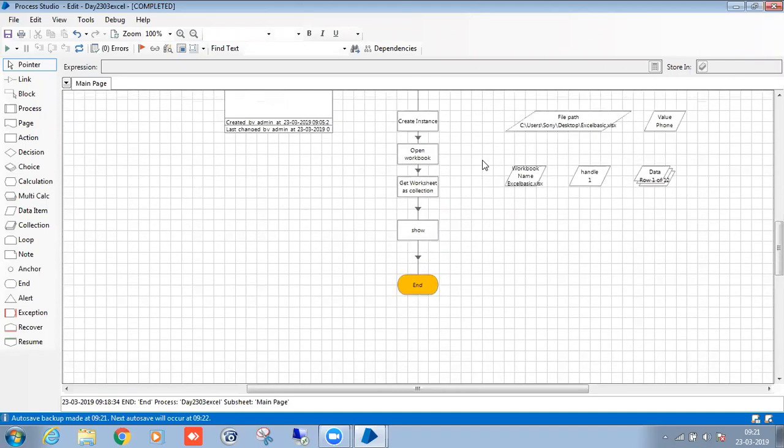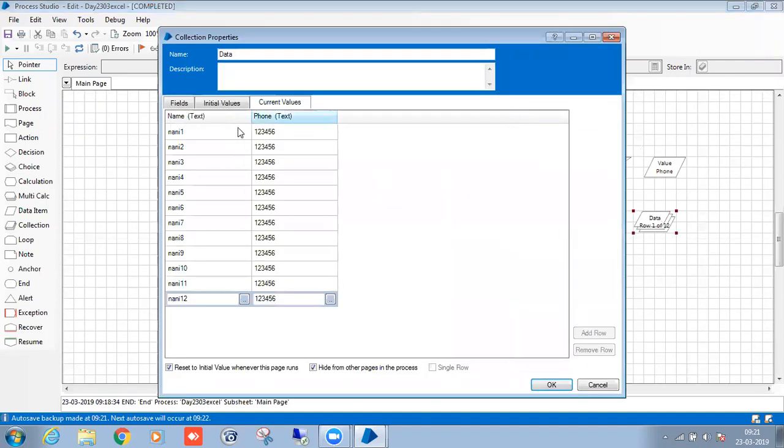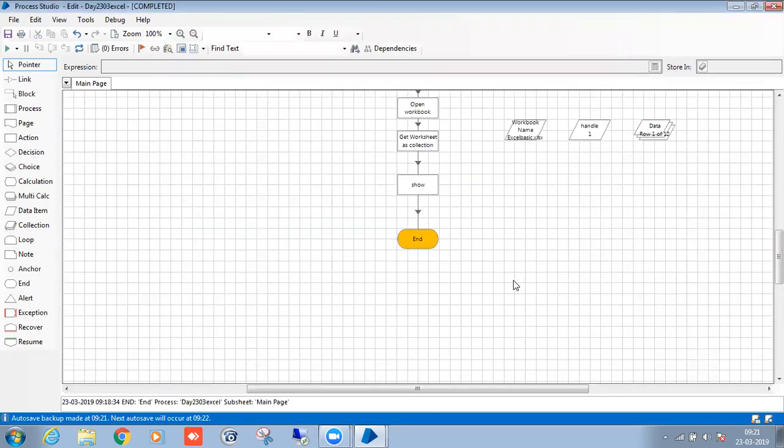Okay. So now our use case is that I need to add Mr. before my name, and I need to add the 0 to every phone number. So those two things I need to perform. So click on OK. Whenever you are working with an Excel file, for a set of data where you want to perform the same operation, you have to take the loop. For the loop, no need to write any code, just call the stage. That's it. Everything will loop accordingly, however many times it needs to loop. Everything it will handle. We just have to use the functions. That's it. So I'm removing the show.